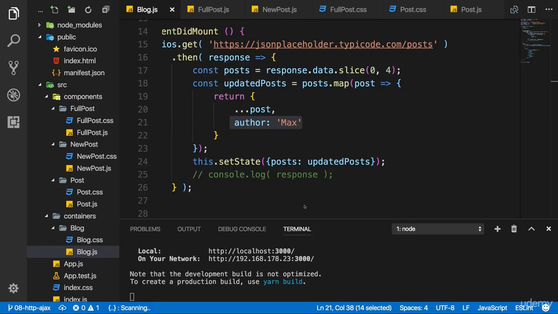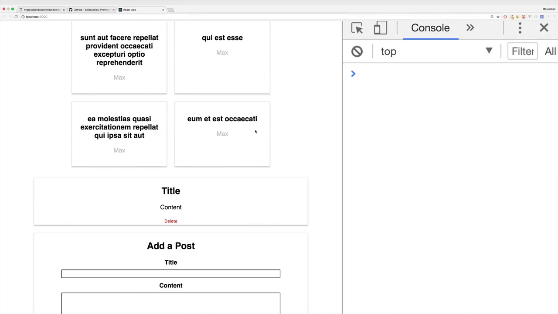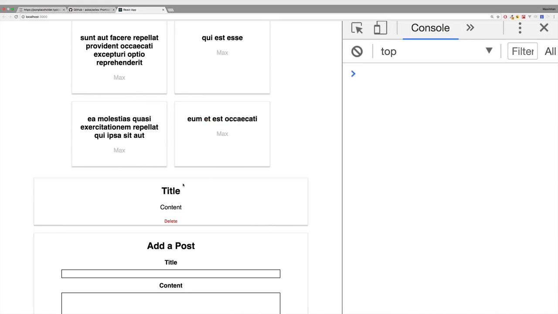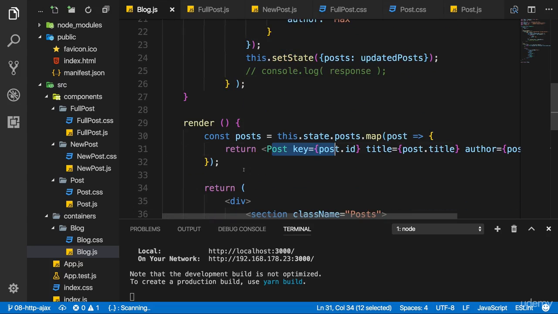Now that you learned the basics about sending requests, in our example here with the help of Axios, and using that data, let's move on and let's now also see how we can make sure that we can click on one of these posts and then load the post data there. So fetch the data for the selected post when we selected it. For this, of course, we need to make sure that we can click our single posts here.